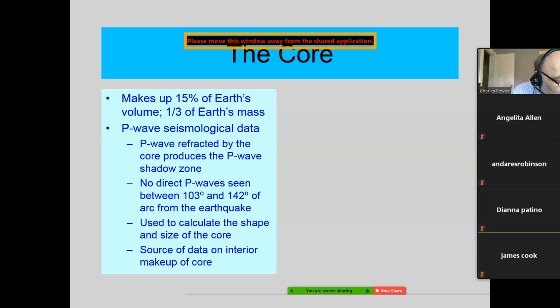Oceanic crust is around 3 grams per cubic centimeter, whereas the continental crust is around 2.7 grams per cubic centimeter. It doesn't sound like a lot, but it's a pretty significant difference. The composition: oceanic crust is mostly basalt. The continental crust is mostly granite, some schist, and gneiss. Granite is an igneous rock. Schist and gneiss are metamorphic rocks. They could have been made out of granite to begin with, but didn't have to be.